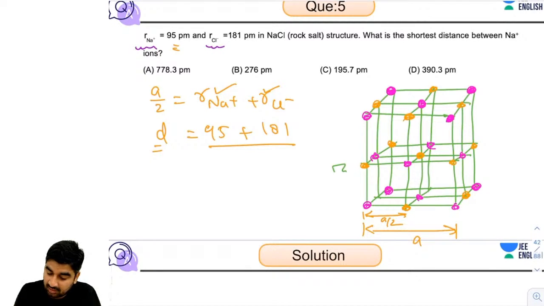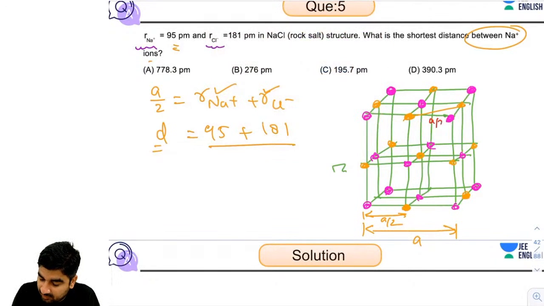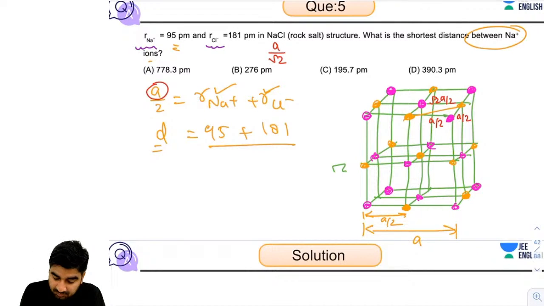Now I want to find out the shortest distance between Na plus. So guys, this is Na plus here. The shortest distance between Na plus will be this. If I'm writing it as a by 2, it will be root 2a by 2. So the shortest distance will be a by root 2. So I have to find out the a. So a will be 2 into